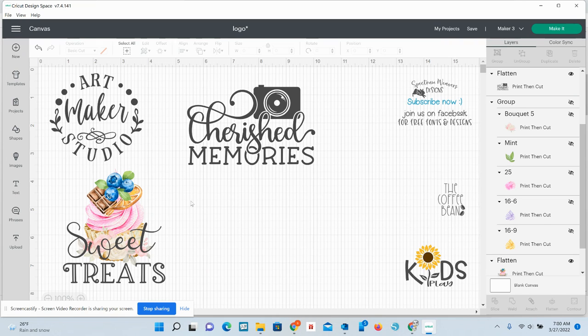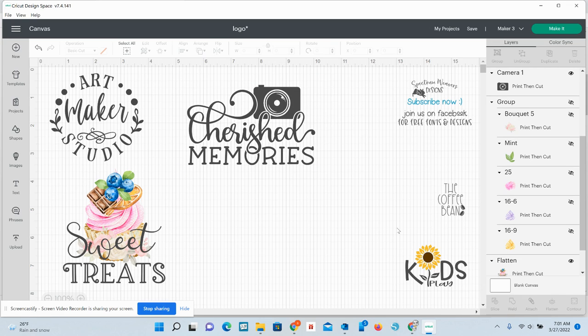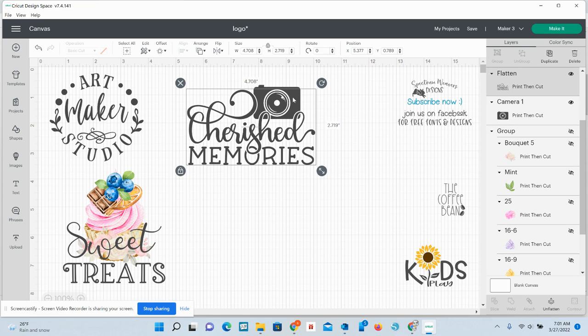And also just real quick before we go any further, let me explain to you that something like this is all just layers. So that's incredibly easy. We'll get to that in a minute, but let's make this one here so that you can see this skill set. Okay, so the first thing we're going to do is let me unflatten all of this so I don't have to re-upload this camera. So we'll take this camera,